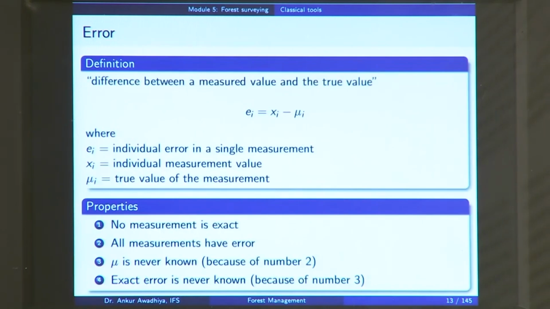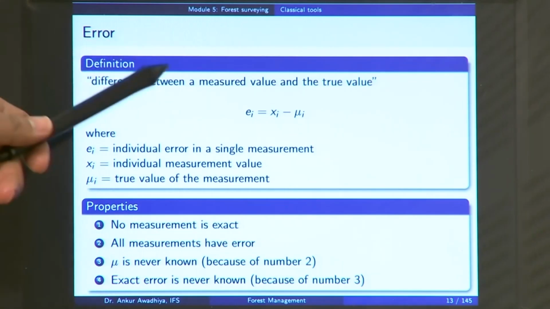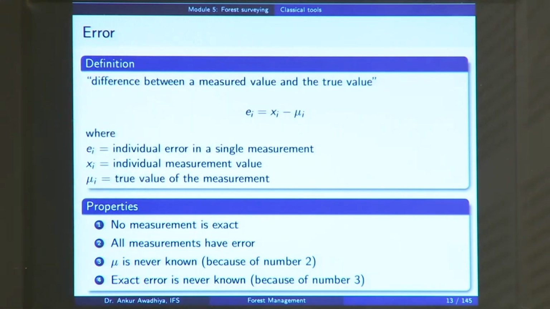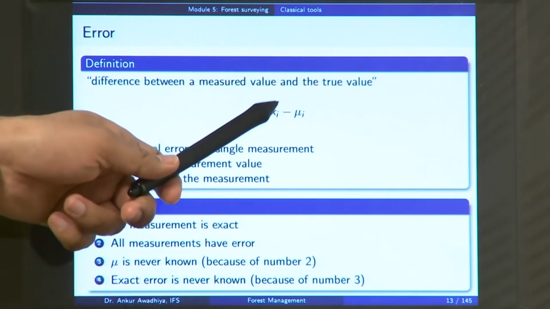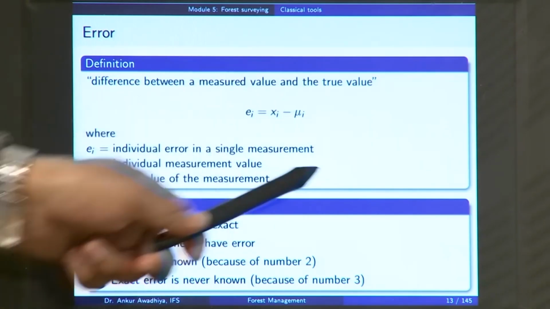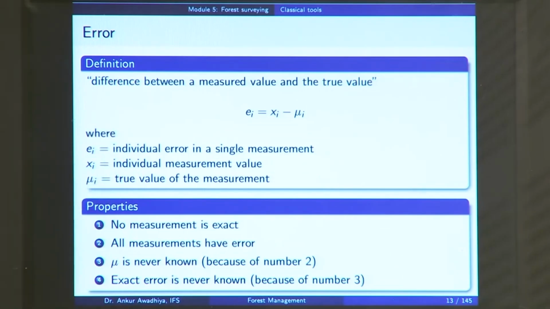Now, whenever we are doing any measurements, there will be certain amounts of error, and an error is defined as the difference between a measured value and the true value. That is, e_i, which is the error, is equal to the measured value minus the real value or the true value. So it is a difference between a measured value and the true value,